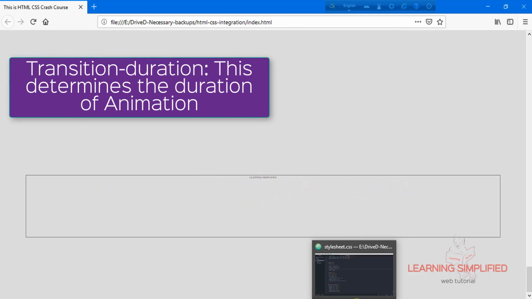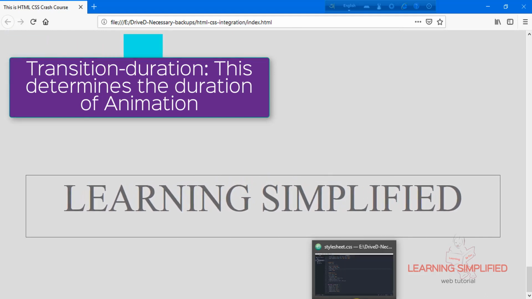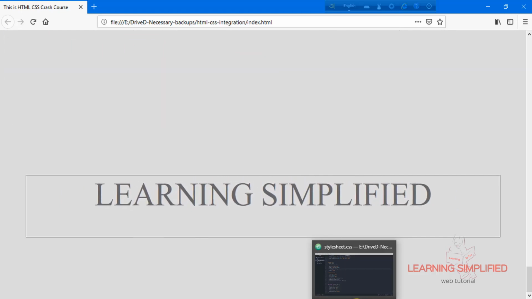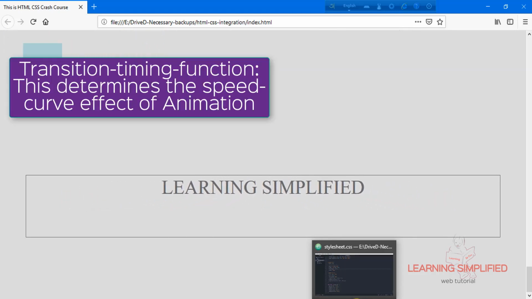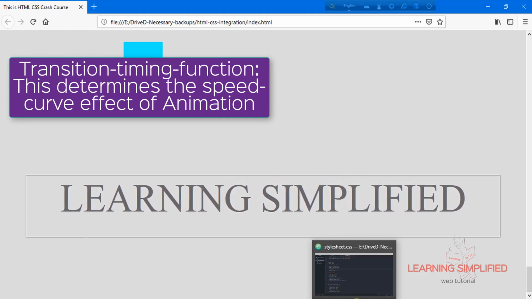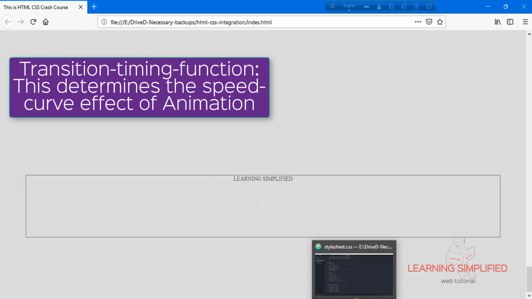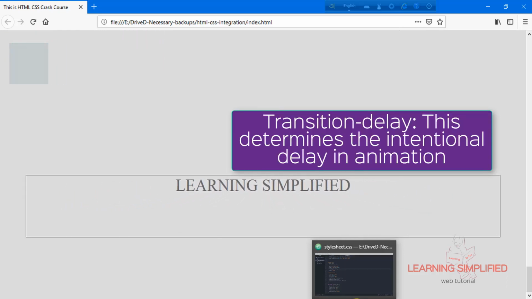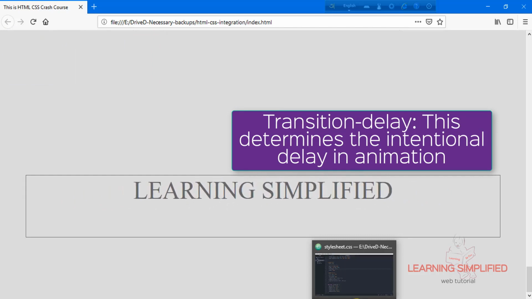It specifies the length of the transition in seconds or milliseconds. The transition timing function defines the speed curve of the transition. And the transition delay defines the delay before the transition effect takes place.